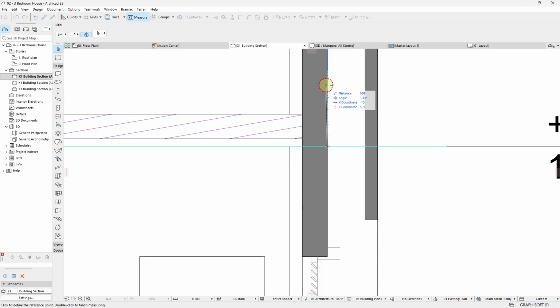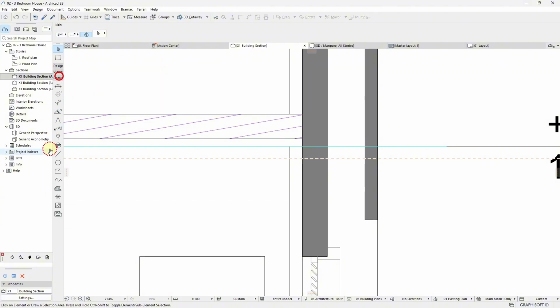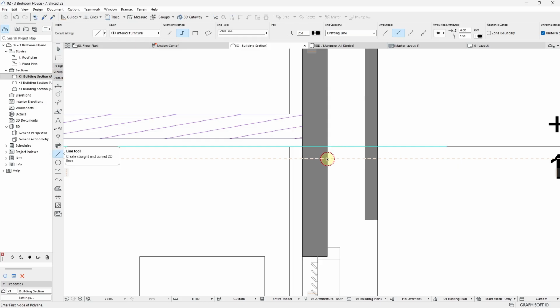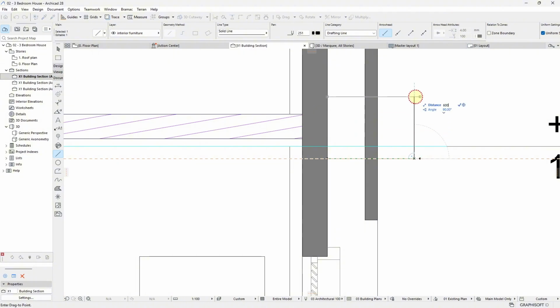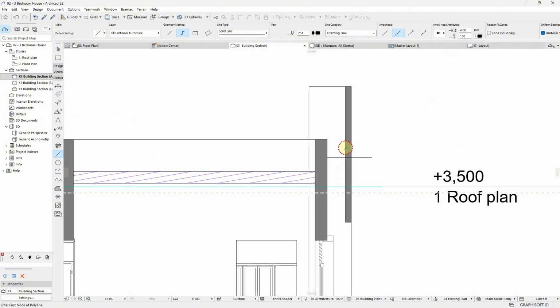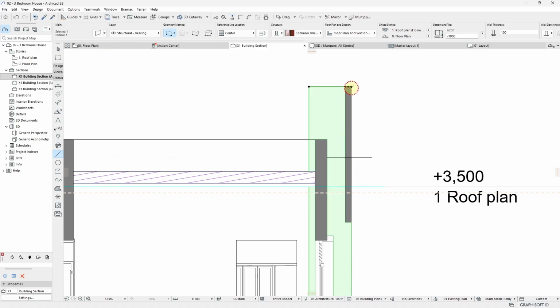So I'm going to give a height of about 600 to this wall. So I'm going to start my wall from down here. I'm going to drag down by D 100, and then I'm going to get a line, just a guideline, from the base of this to the top. I want it to be 600 millimeters. So I'm going to type 600,